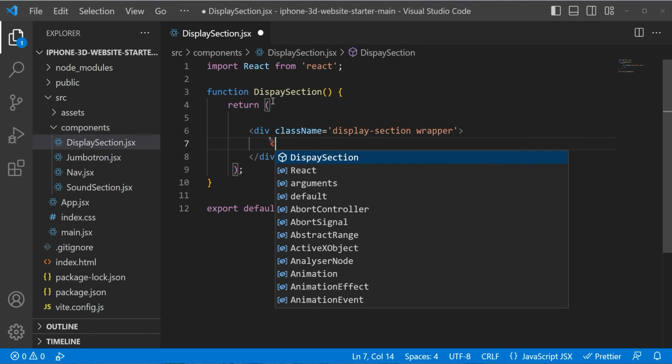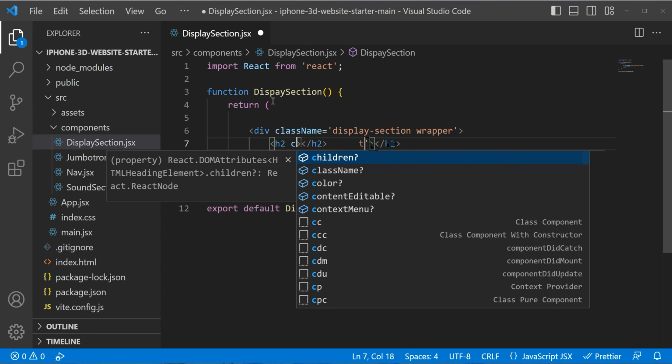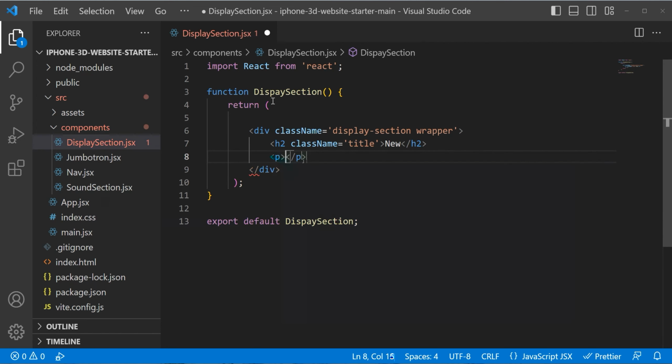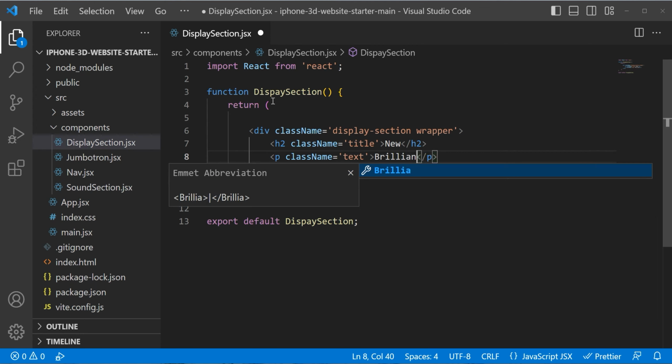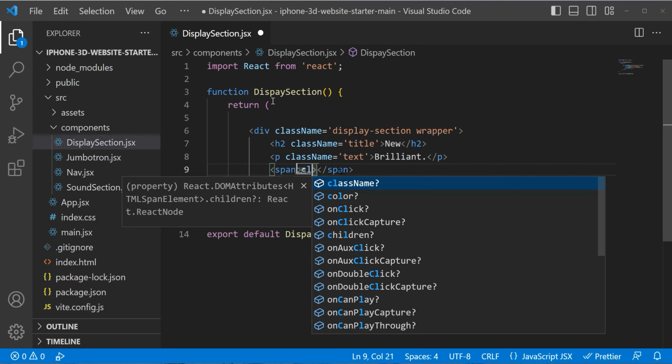Similar to other section, let's add h2 tag and a class name of title. The text is going to be new, and below this text let's add a paragraph with a class name of text, and here we're gonna say brilliant with a dot, and let's add a span with a class name of description,